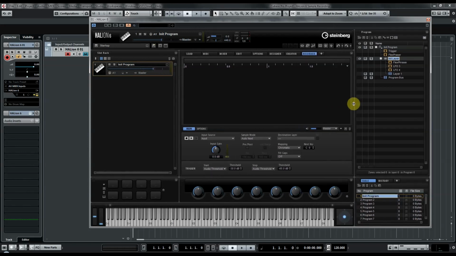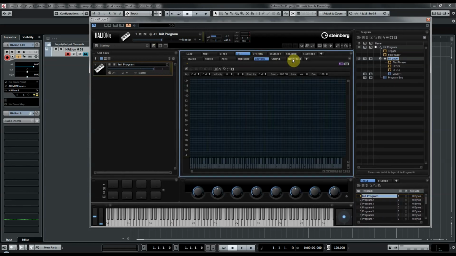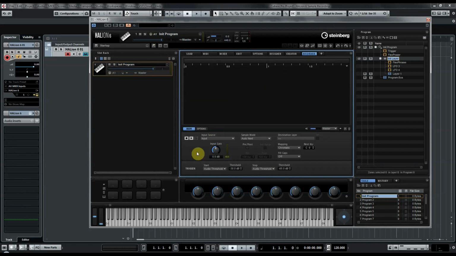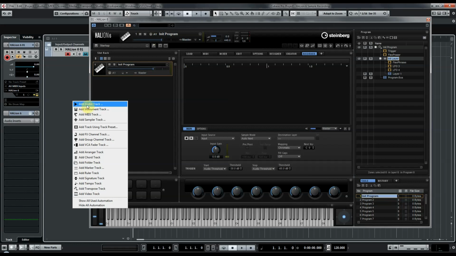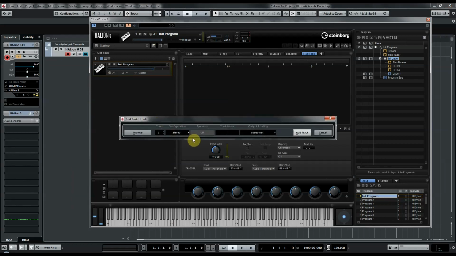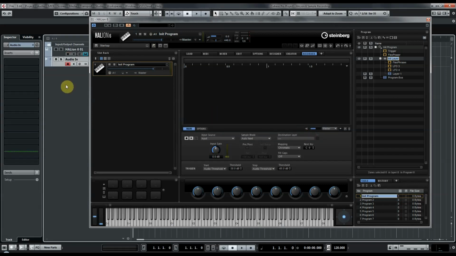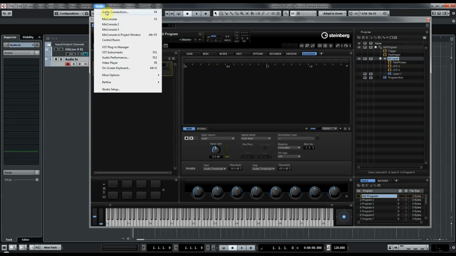Now Halion is set up to receive sound, set it up for me, put it onto each and every key that I pre-configured. The only thing missing right now is another channel that will actually route audio to Halion. And for this demonstration I will just add another audio track, which I will just call audio in. And now I have to map that audio track